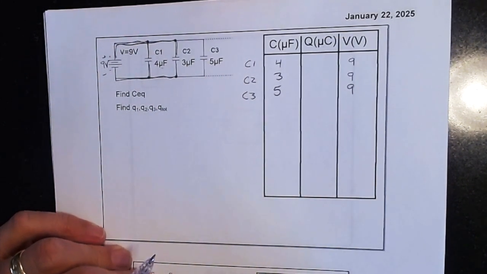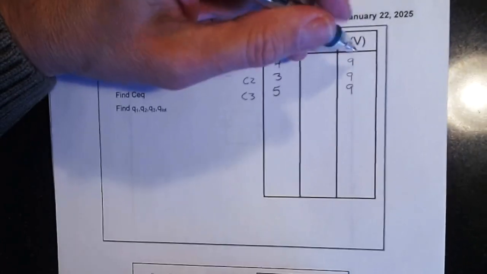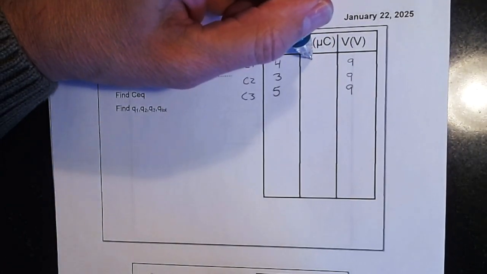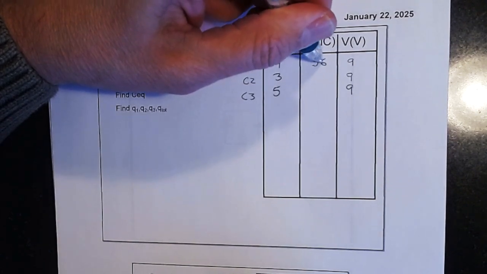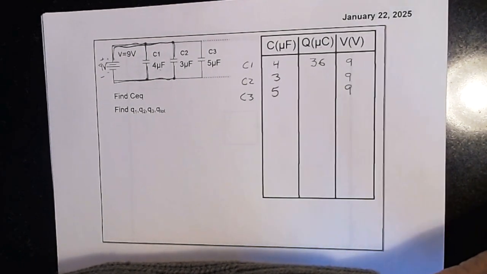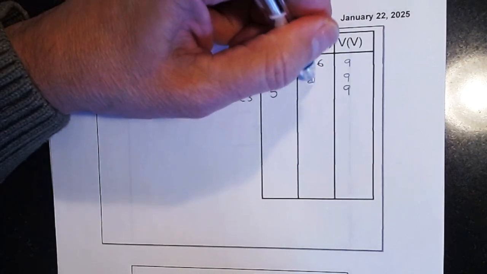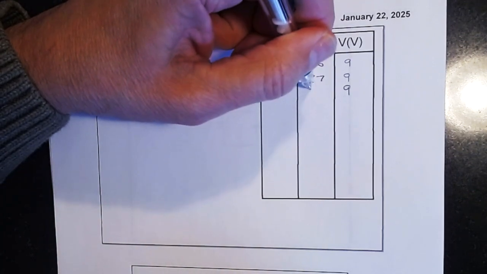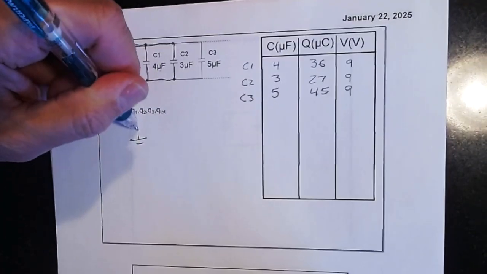So what we can do now is take our approach for finding Q. Q is just going to be C times V, C delta V, and that will end up being 36 microcoulombs. Then this one will be 27 microcoulombs, and this will be 5 times 9, 45 microcoulombs. And we're going to replace it with